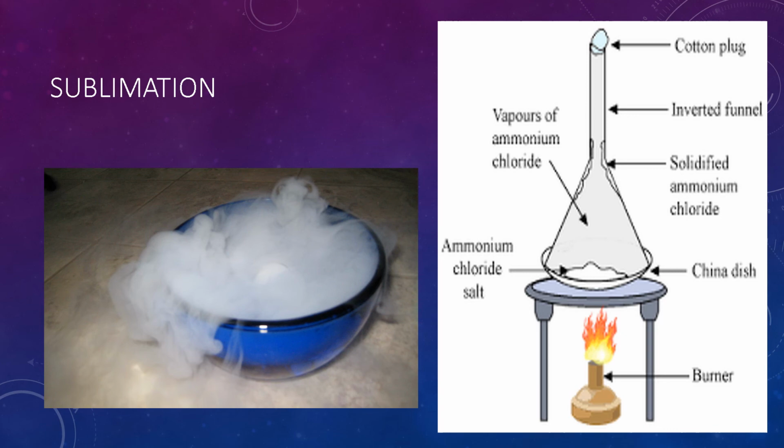You might have seen that most of the time we keep naphthalene tablets at home, particularly in the cupboard, to protect the clothes from moths. We observe that a nice fragrance spreads in the cupboard, but nowhere do we see the solid turn to liquid. Slowly the size of the naphthalene ball is decreasing, and the gas, the fragrance, is there in the cupboard, but we nowhere see the liquid, because naphthalene is a sublimate.